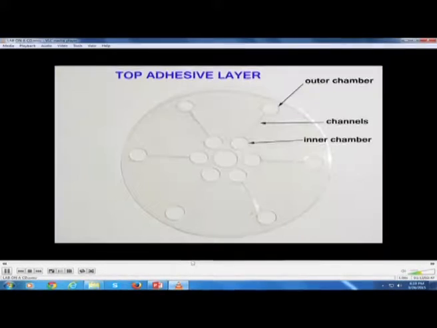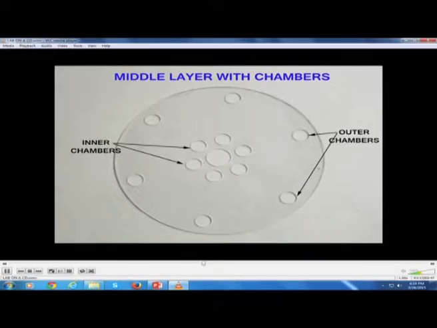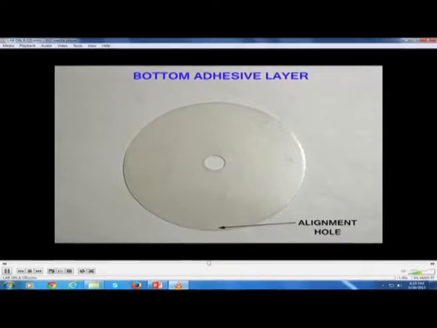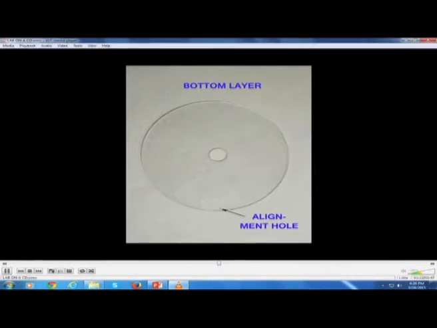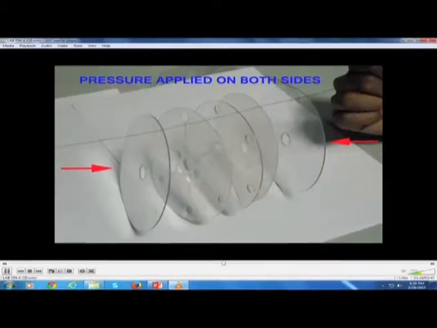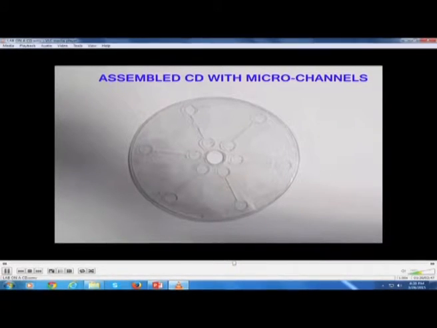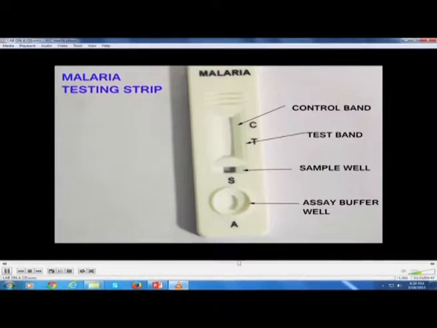So, top layer with inlet and outlet holes, top adhesive layer, middle layer with all the chambers, and bottom adhesive layer, and then the bottom layer, that is the layer number 5, and then pressure applied on all the sides. I think this will make it pretty clear how it is made.